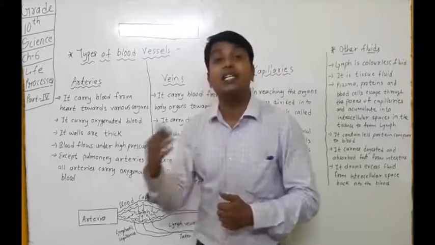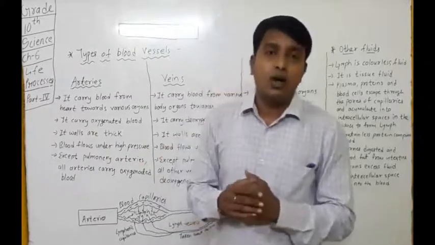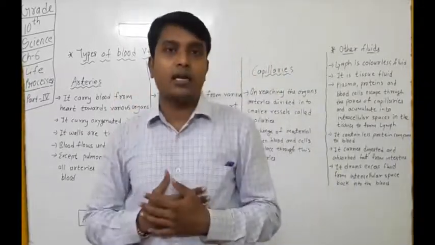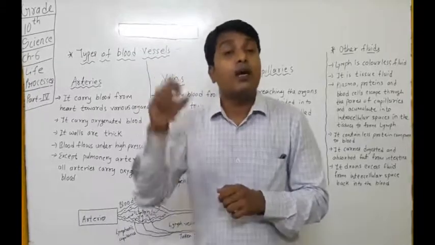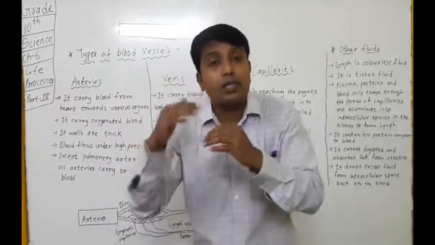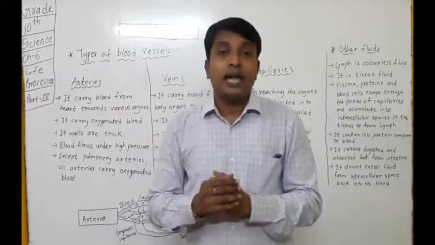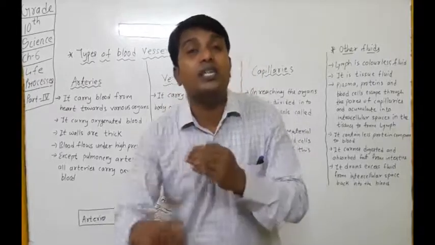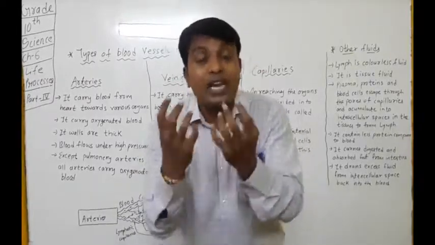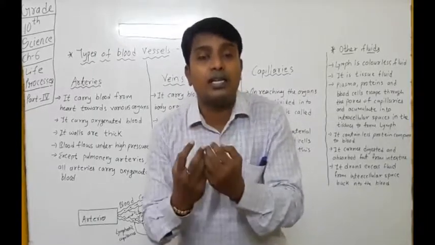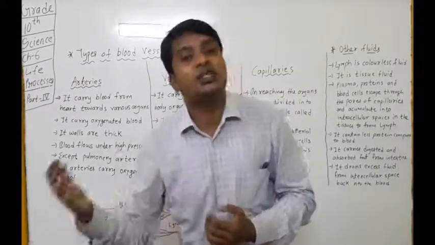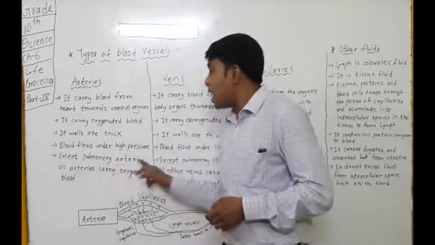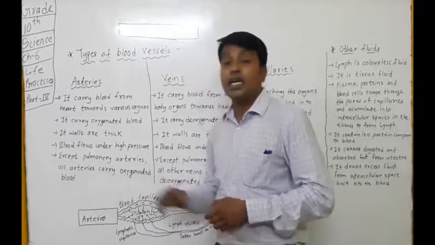Both the points are interrelated, because whatever blood is coming into the arteries is due to the pumping of blood taking place in the heart. As we know, our heart pumps the blood. So when our heart pumps the blood, some extra pressure is generated, and that extra pressure increases the pressure of the blood coming into the arteries. To resist that high pressure, the walls of the arteries are kept thick and elastic. Is it clear? Then, except pulmonary arteries, all arteries carry oxygenated blood.